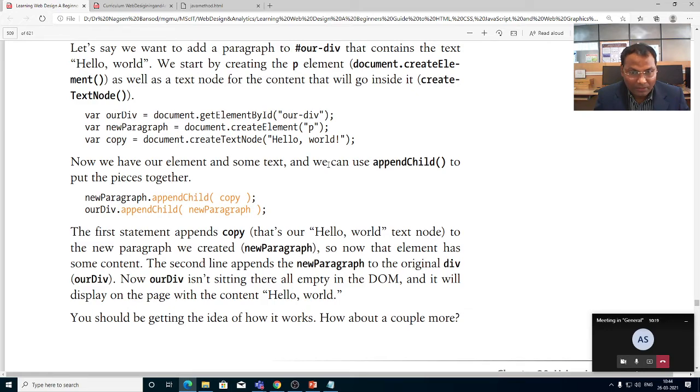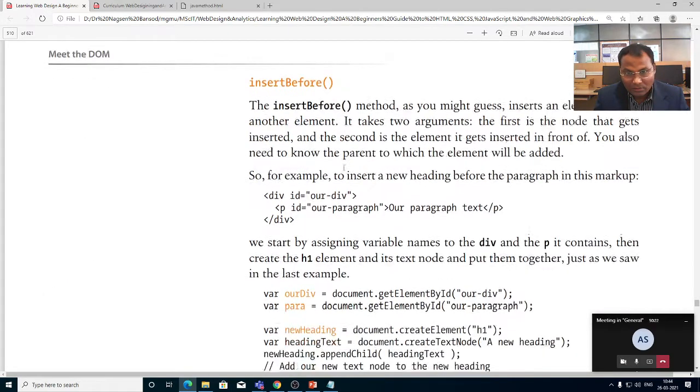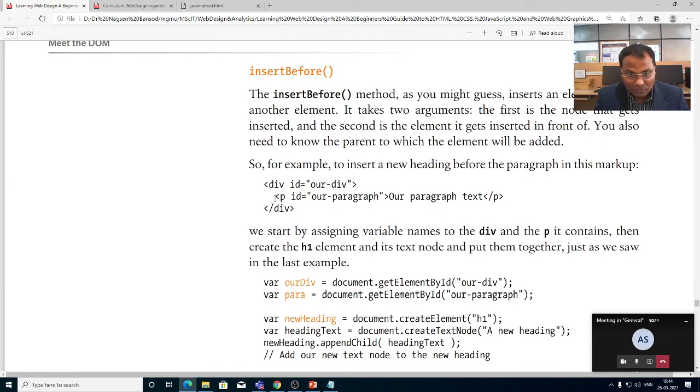The P element is not there in this code, so this message will be displayed there.